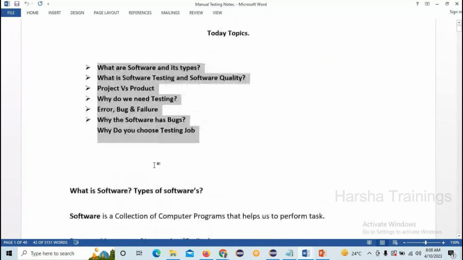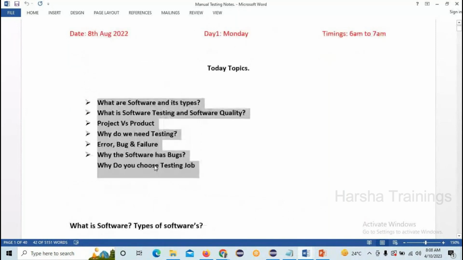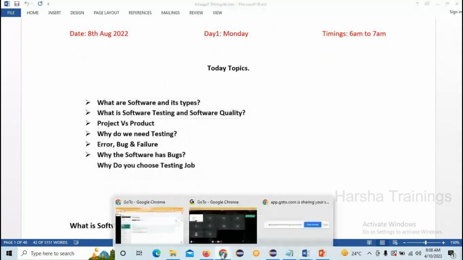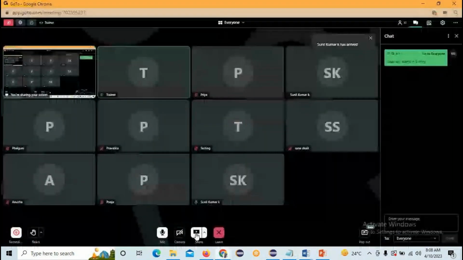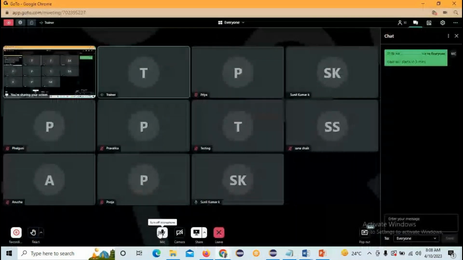The first topic is what is software and types of software. Can anyone tell what is meant by software?